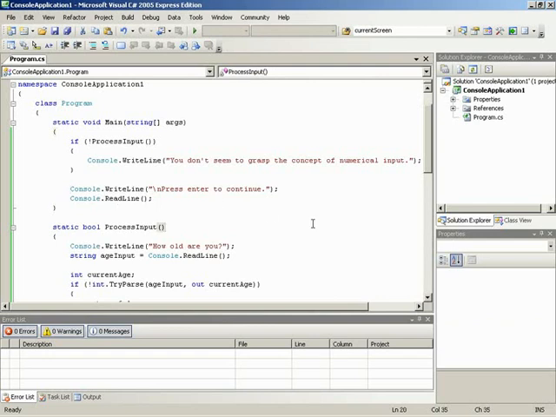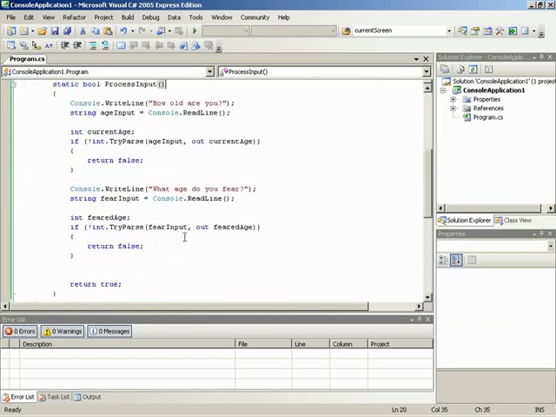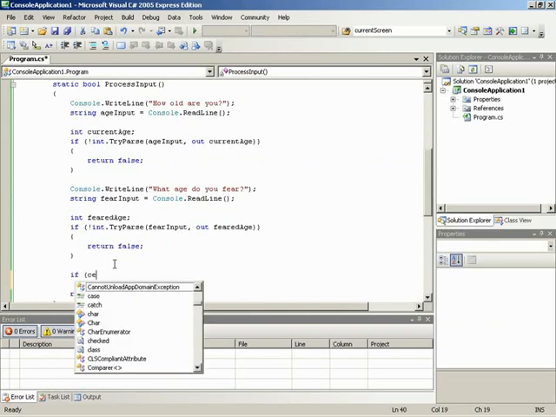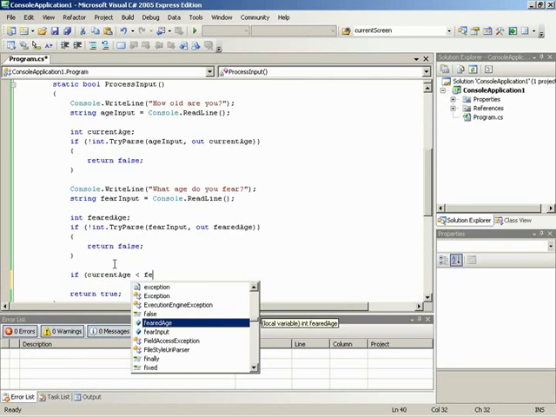Now we need to just go ahead and do the final thing, which was tell them they have so many years until that day gets here, or they have survived so many years since they are older than the age that they feared. Okay. So let's jump down to just after we've gotten all of the numerical input, and let's do some checks on that input. Let's first check to see if age comes before the age that they fear. So we'll begin if and say if current age is less than feared age,